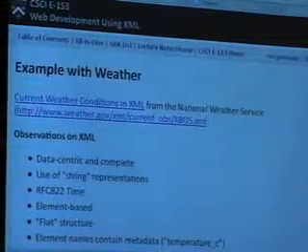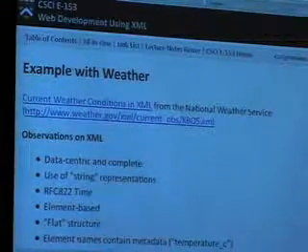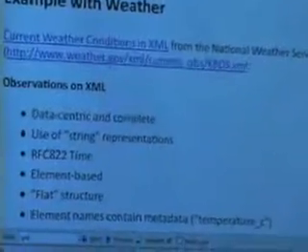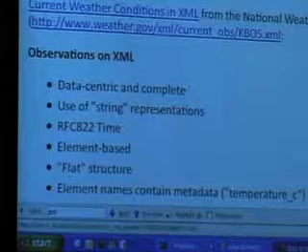So let's take a look at an example with weather. We're going to start with what the National Weather Service provides, and then we're going to try to improve upon it. And sadly, it looks like the notes will be there about XSLT. But I think this is more relevant to your pizza, so this should keep everyone's attention for the next 9